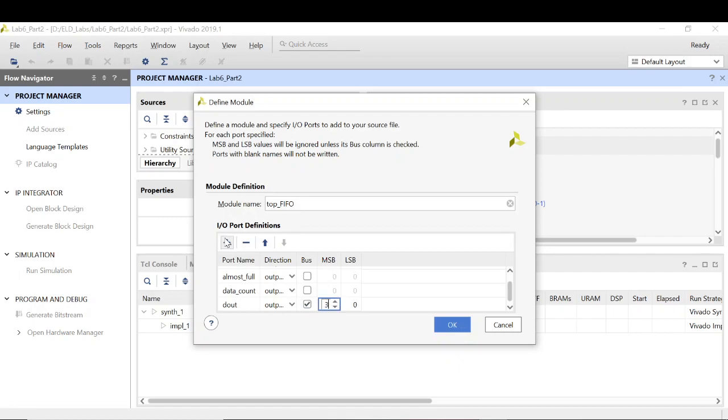Okay, a couple of signals for read and write. These are the inputs which will be coming through the push buttons. So read input. Alright, that's all for the signals.